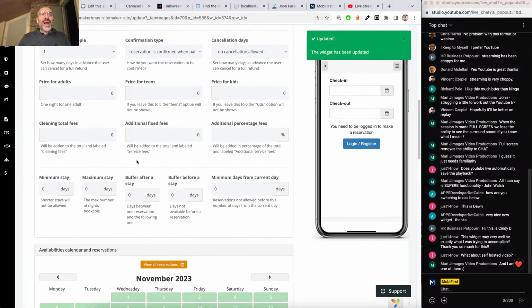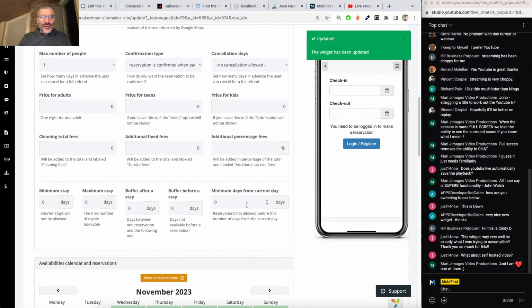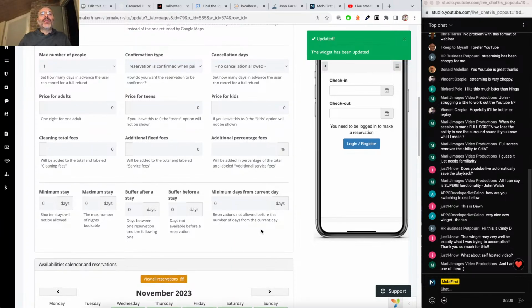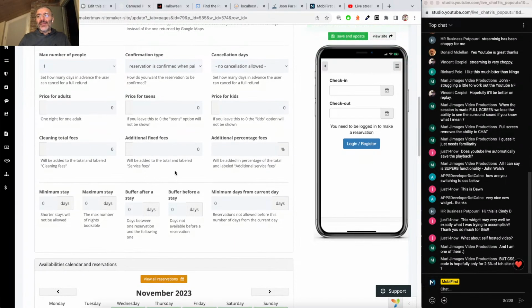Now we have all the buffers and all that, but we have also added some additional fees, so when you do the check-in, check-out, you can specify also cleaning fees, additional fixed fees,